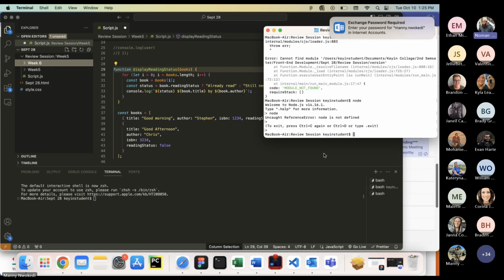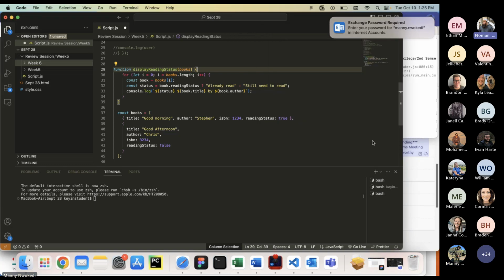Now listen, Manny. Right now, your cursor is in the review session key in student, review session folder. Is that the right place where you want to create your React project? Yes or no? Yes. I would recommend, of course, it's up to you, you have to take care of the folders later on. But if it is the right place, then you are ready to go. Otherwise I'll share my screen and I can start that one. So you should know where you are installing, where you are creating a React project. Make sense? Yes, sir. Thank you.